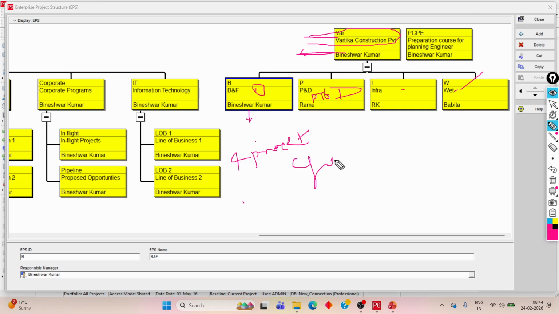Four projects going on. So this is the company. This might be the owner or CEO, who is the responsible person for this company. And inside the company there are four divisions, and in each division there are four, five, six, seven projects. Okay, so now this